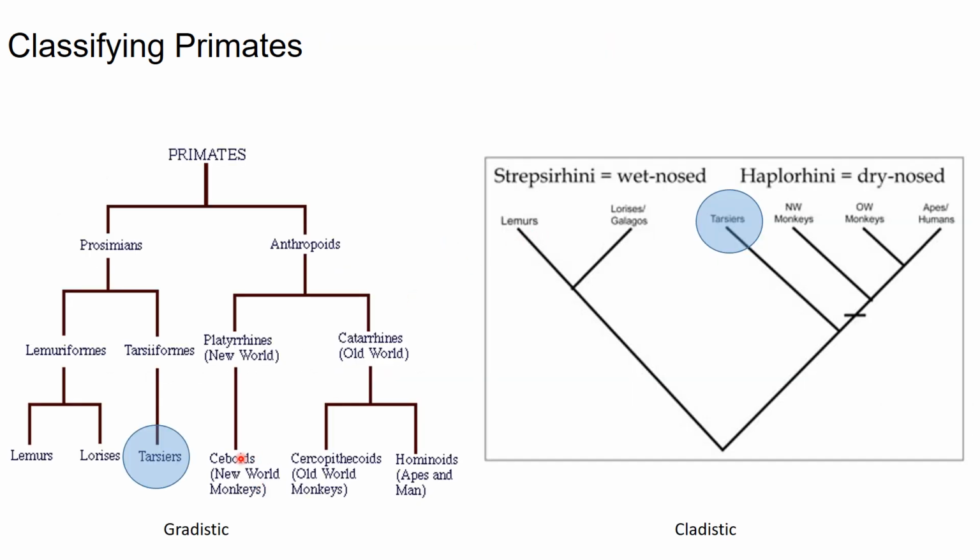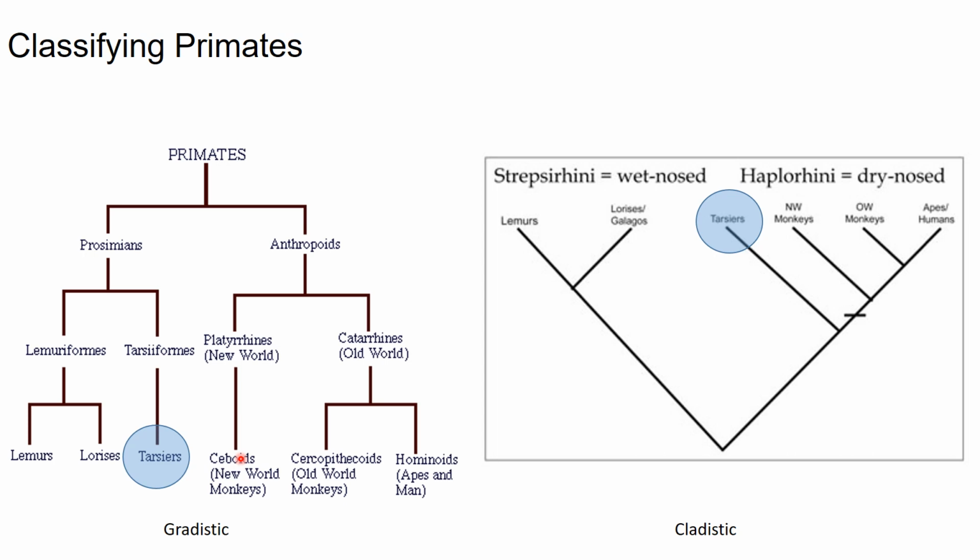The other group that'll be really different in terms of how we're organizing them are tarsiers. And that's something that I want us to talk about and think about today. So today I'll describe lemurs, lorises, New World monkeys, and Old World monkeys. And at the end of our lecture, I'll give you a chance to think about how tarsiers would fit into